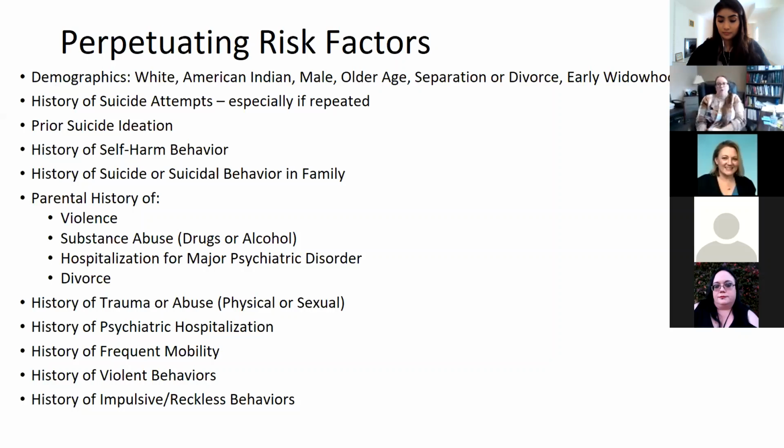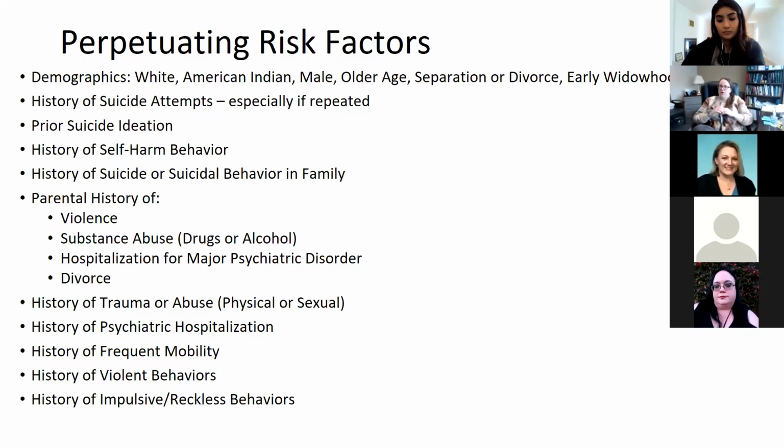The first one they call perpetuating risk factors. I would call them static risk factors, using the language that I use for violence risk assessments. And that's this idea that these are factors that are unchanging. These are factors in a person's life that can increase but are never going to decrease, because they're things that don't ever go away. So a person could add additional perpetuating risk factors, but none of them are ever going to be taken away, because they could be demographic things. A person is not changing their ethnicity. They would get older with age, so that may shift, but it's never going to go back, right? They're never going to get younger. Marital status,